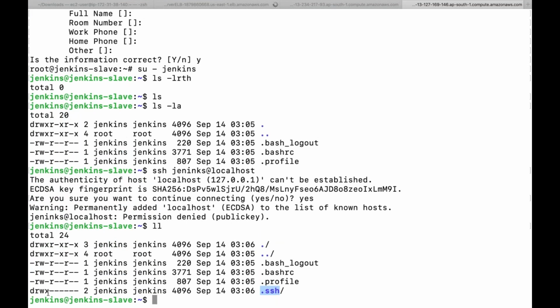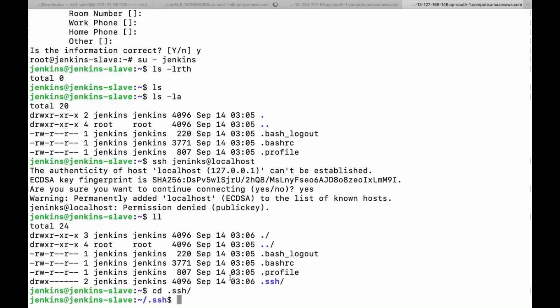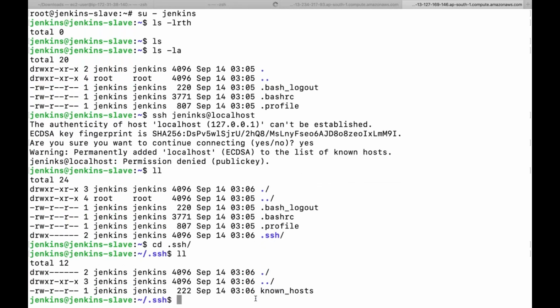So guys, keep this in mind when you run this command. You could have created this directory manually with the mkdir command, but after creating it manually you were supposed to set its permission to 700, right? But when you executed ssh jenkins@localhost, it created this directory for me, and apart from the directory it also created one file, known_hosts, as soon as I typed yes. And I am able to create other files as well.